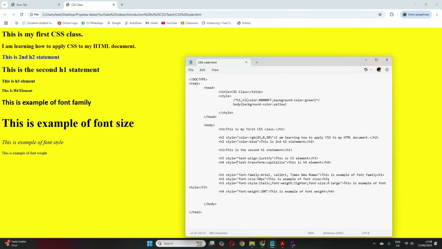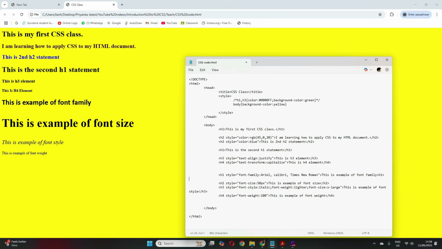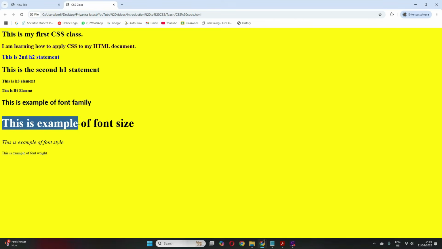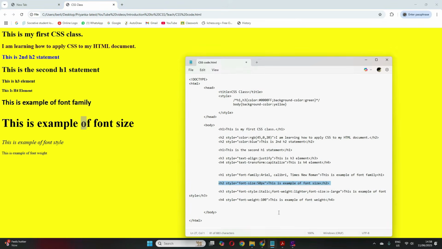You can use this with your font also, anywhere you can use it. I'll give you an example here. We have this H2 here, right? This is an example of font size. Here, suppose I want the first letter to be capitalized in this bold text only. How will I do it? See, we already have the font size specified. Now I want to add one more property, which is text-transform. So I'll put a semicolon, text-transform, then you put capitalize.